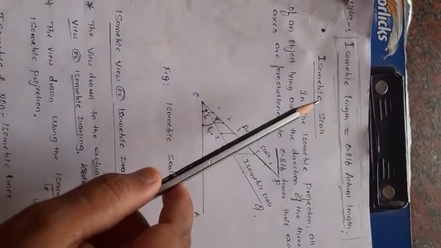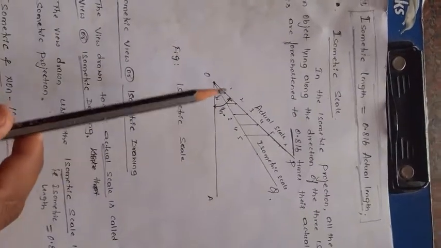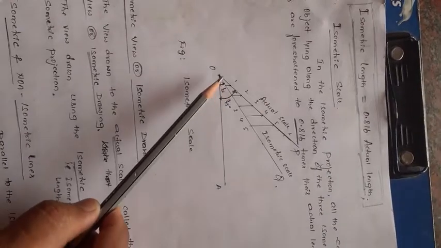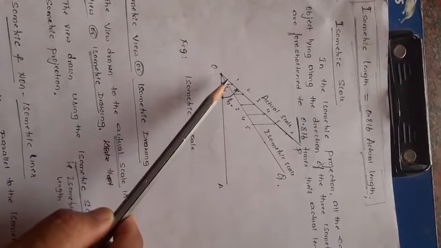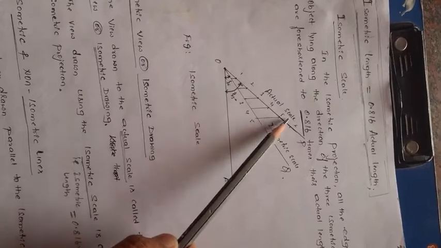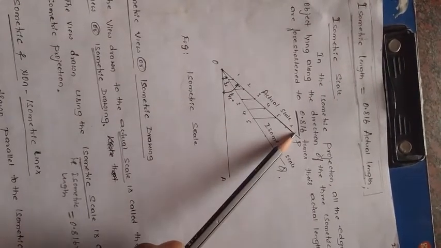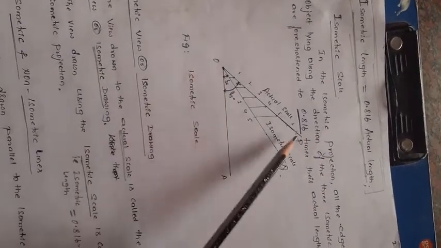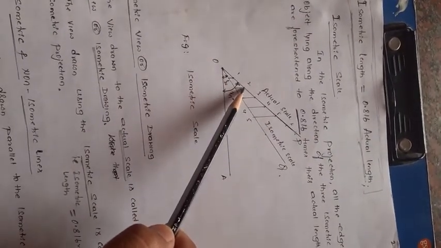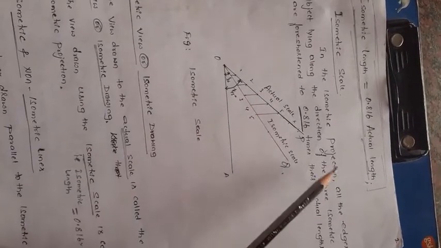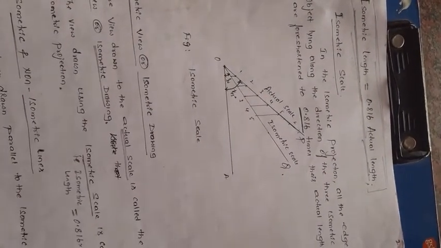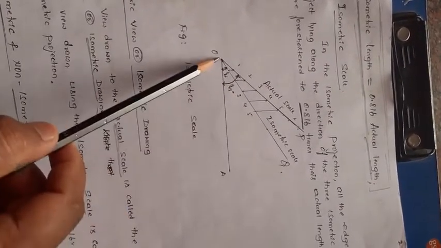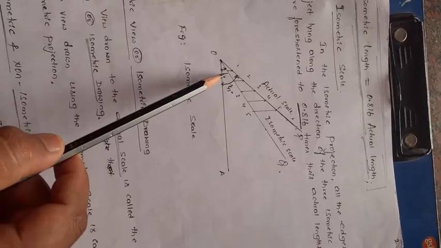Now how do you get this isometric scale? First you draw a horizontal line, the 0 degree line. Then you draw a 30 degree line. Another one is a 45 degree line. The 45 degree line is the actual scale. Why do you call it the actual scale? Tan 45 degrees is what? 1, right? Along this 45 degree line, measure 1 centimeter, 2 centimeter, 3 centimeter, 4, 5, etc. Tan 45 is 1, so if you multiply you get the same length. Now for the isometric scale, what will we get? This is a 30 degree line, right?